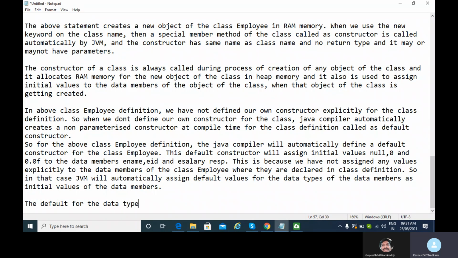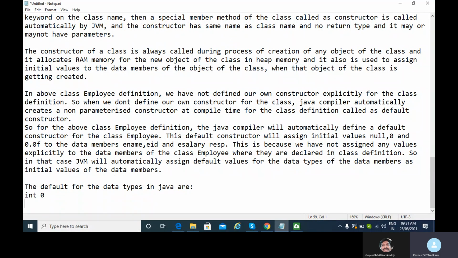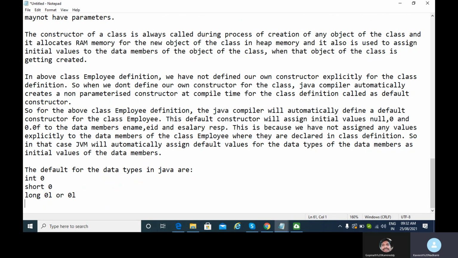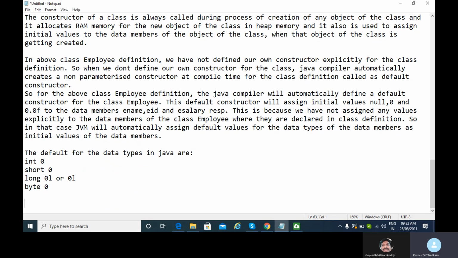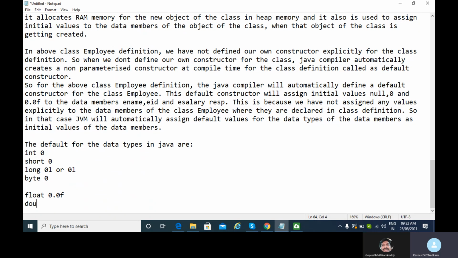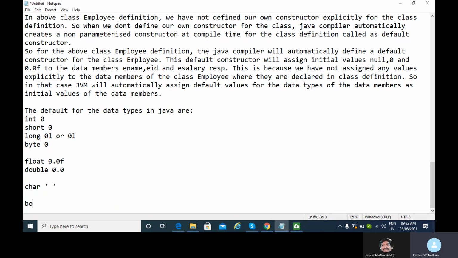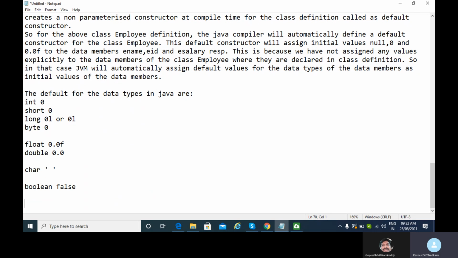The default values for the data types in Java are: for int it is 0, short also 0, long 0L, byte again 0, float 0.0f, double 0.0, char it is the space character, and boolean it is false. Clear, Gopinath? Oh, one more thing.